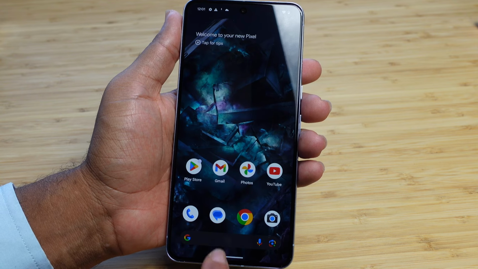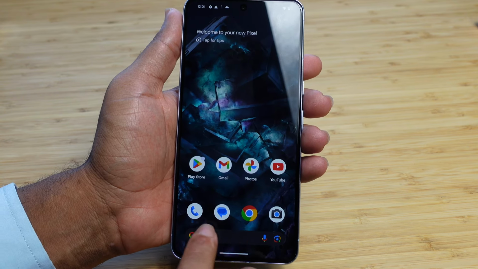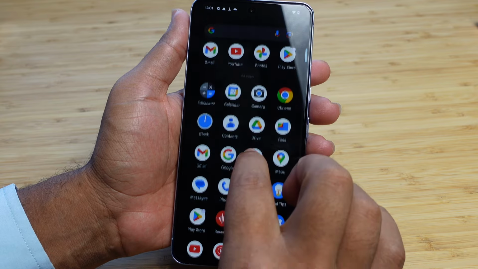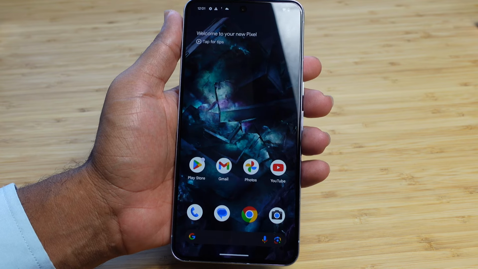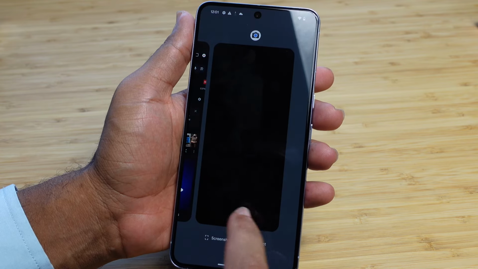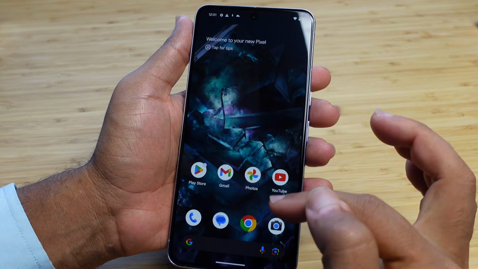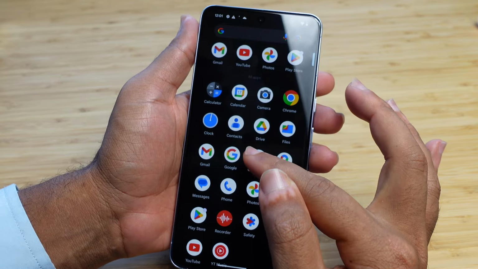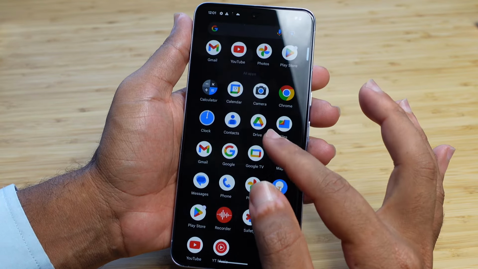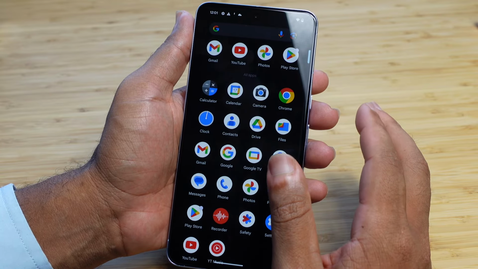So if you swipe from the bottom, but not the edge, you want to start right around here where the search bar is, and you scroll up, you can see all of the apps installed on your phone. So if you swipe from the very bottom, it takes you to the app switcher where you see all of your different apps. But if you swipe from the mid section here, or the lower section, you can go there and see all of your apps with the swipe up just like that. So really cool that you can check out all of your apps just by swiping up from where the search